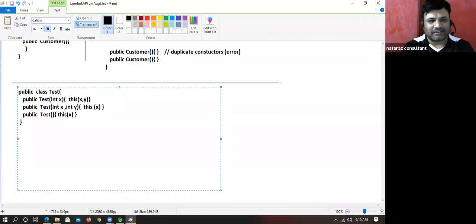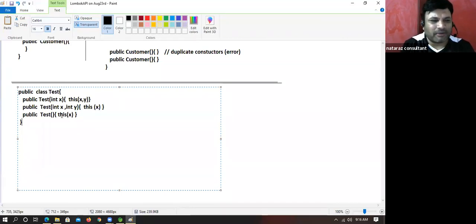Constructor chaining here, but you will get an error. Why? It never comes out now. Suppose you created an object using the 0 param constructor. It calls the 1 param. The 1 param calls the 2 param. What does the 2 param call? It calls the 1 param. What does the 1 param call? It's a continuous chaining. Are you understanding my point there?